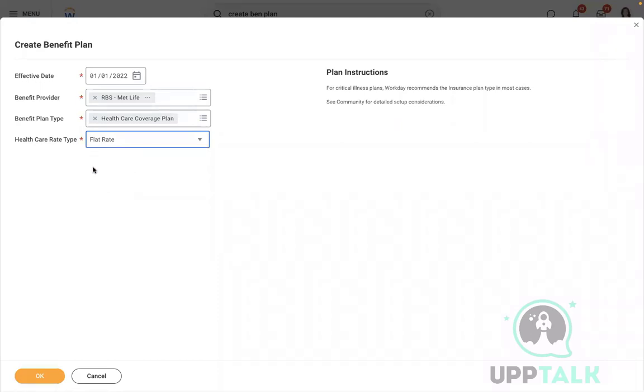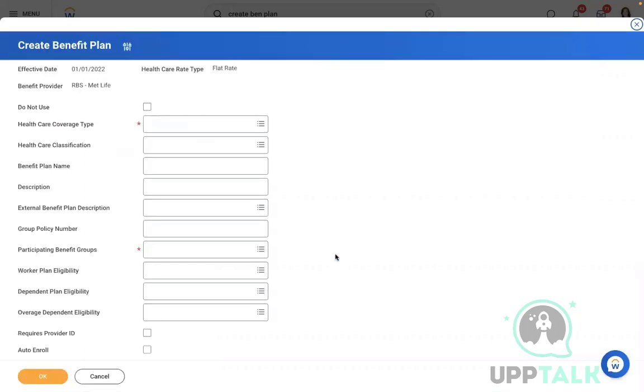First we'll go with flat rate. Maybe over the weekend when we talk about it, I will explain how to get calculated rate. For that, we need to create benefit credits and healthcare rate bands. So flat rate means irrespective of the employee age, years of service, or work location,